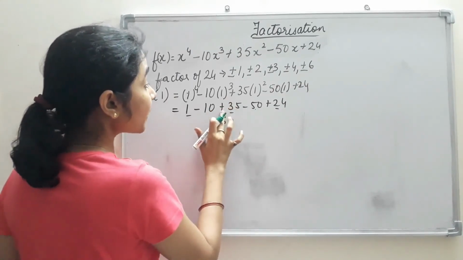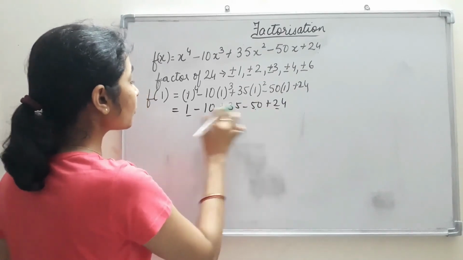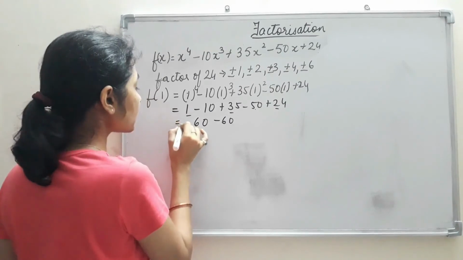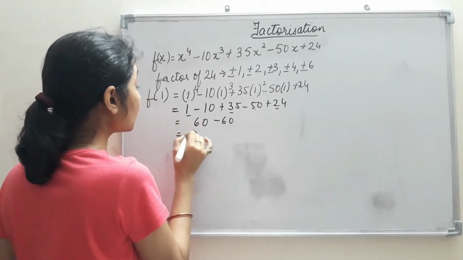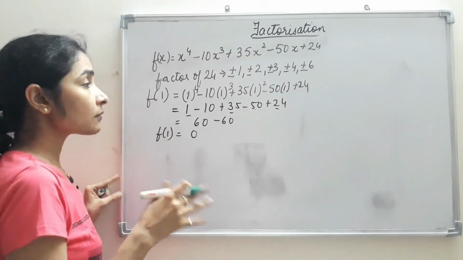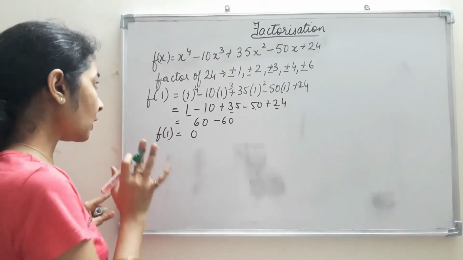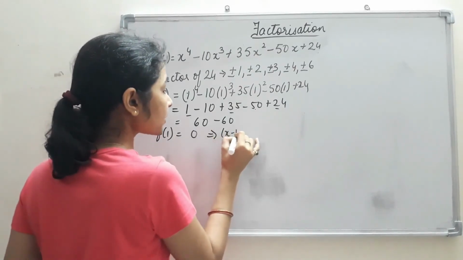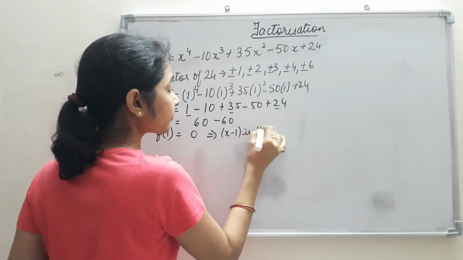And plus 35 plus 24 plus 1, 25, and 25 plus 35 gives me 60. So 60 minus 60 is equal to 0. So f(1) is equal to 0 we have got. That means x minus 1 is the factor of the given polynomial. This implies x minus 1 is the factor